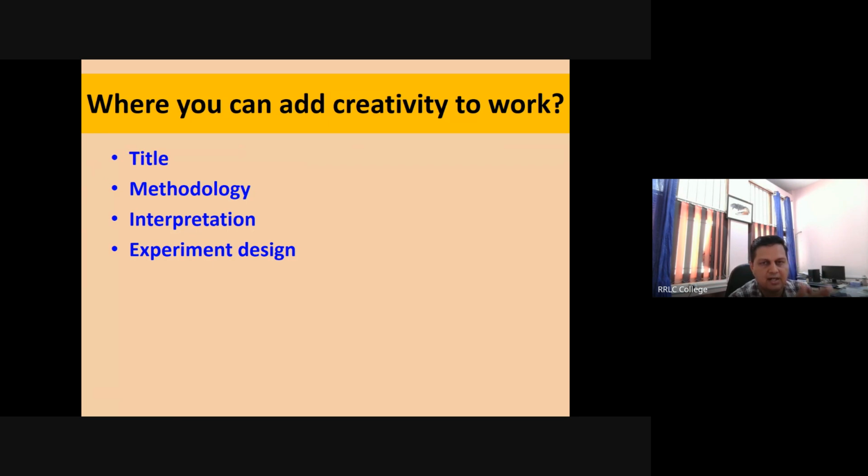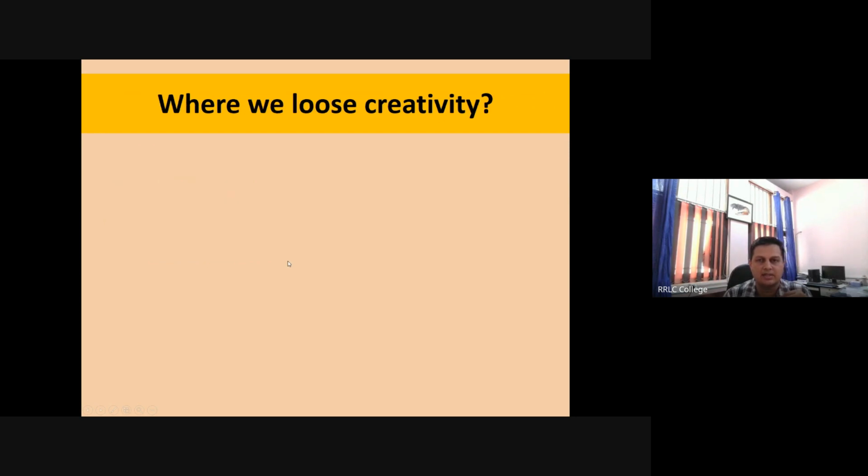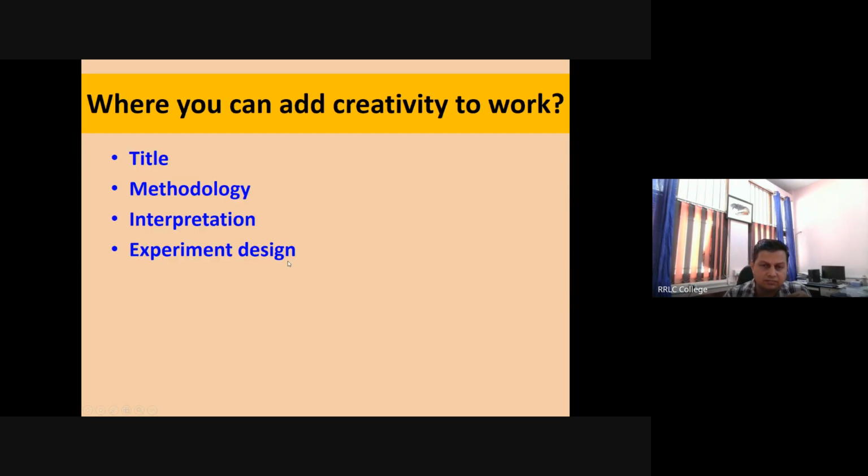We try to find out result using different kind of experiment. जितने डाइवर्स, जितने क्रिएटिव हमारे एक्सपेरिमेंट होते हैं, उतना रिजल्ट हमें ज्यादा अच्छा मिल सकता है या सही मिल सकता है. We can get more effective result using various kind of experiment and experimental designs. So that is important thing.